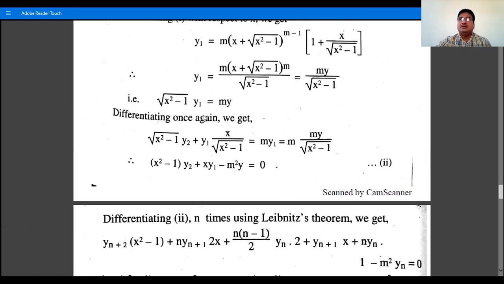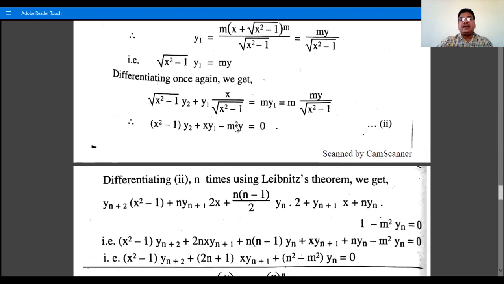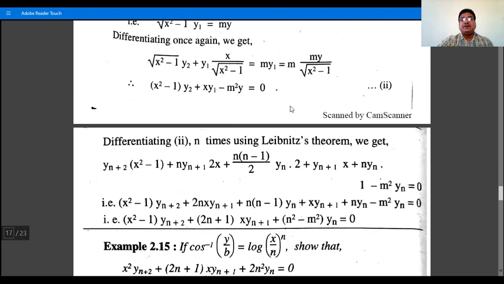Squaring at this place, and then simplify by dividing by 2y1, we have this. If there is a square root, then square both sides and then apply the next order derivative. So now differentiate this second equation n times using Leibniz theorem. We get